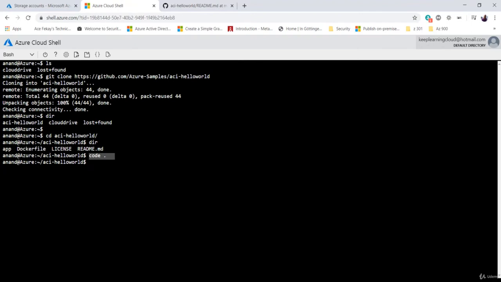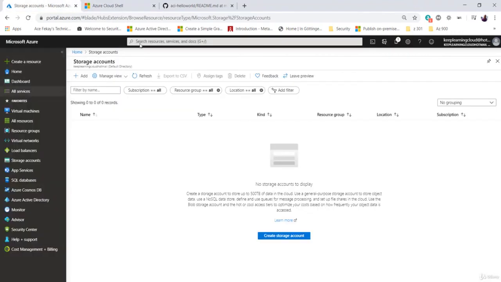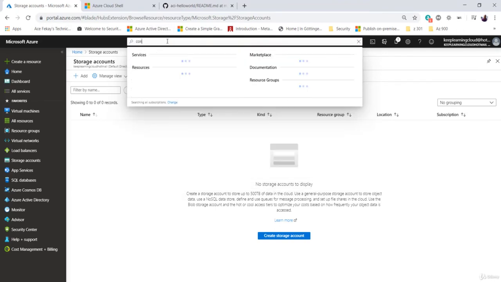So how am I going to do that? And if I have to do that, where can I host it? Well, you should be hosting it inside a container repository, in Azure Container Registry. So the first thing that we're going to do is go back to the Azure account and then create a container registry. Let's do that. Click on this and then in the search box type container